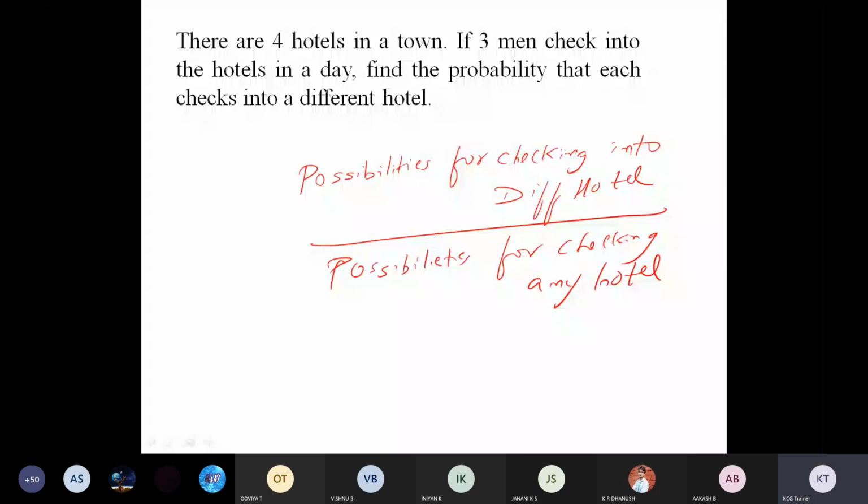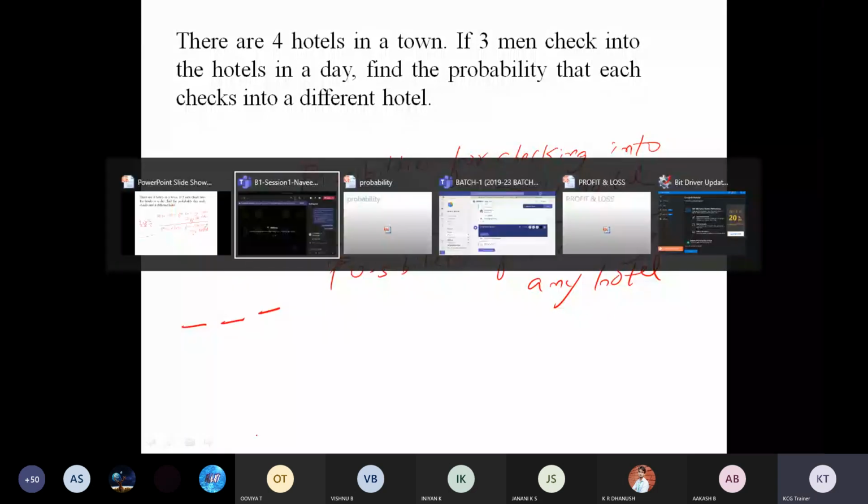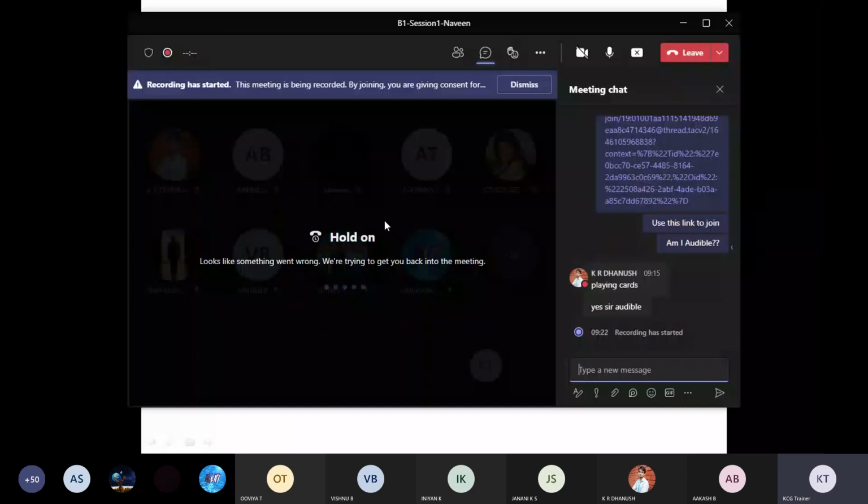Now how to find the possibilities of different hotel. We'll select a hotel out of the 4 possibilities. The second person will select a hotel out of the remaining 3 possibilities because he should go to a different hotel. And the third person will select out of 2 hotels. Total possibilities, total people can check into the same hotel. All the 3 people